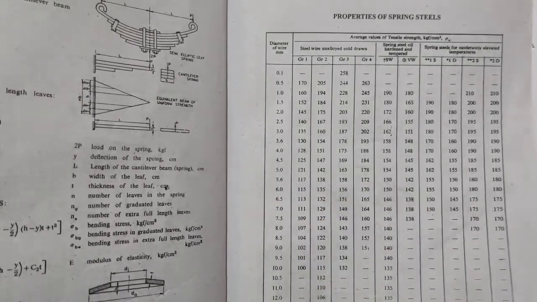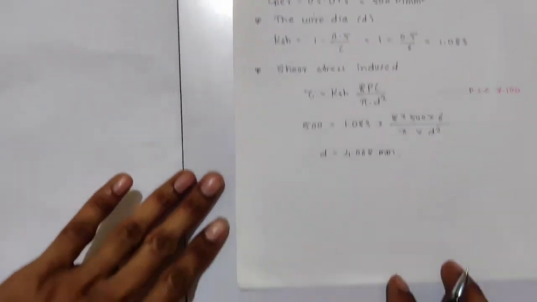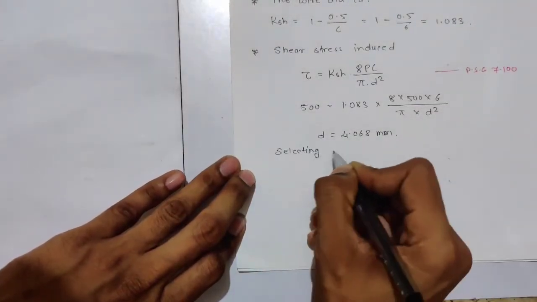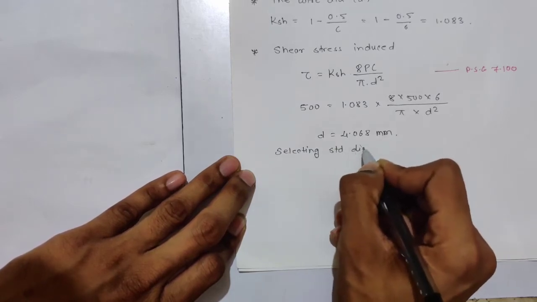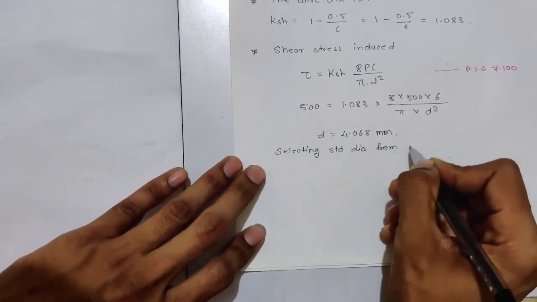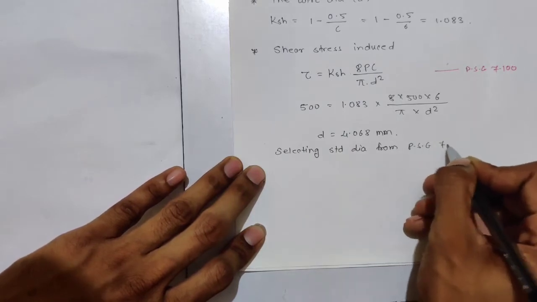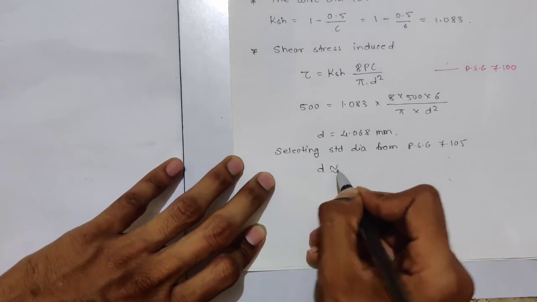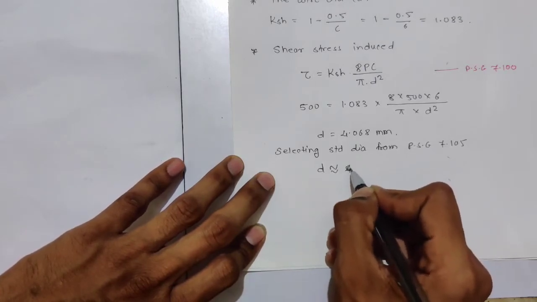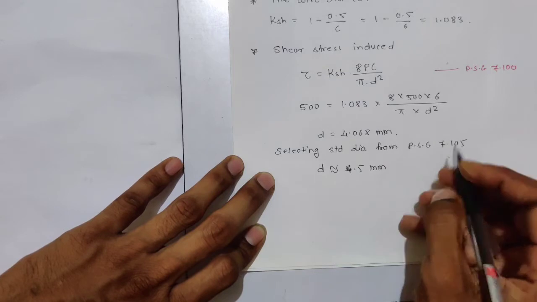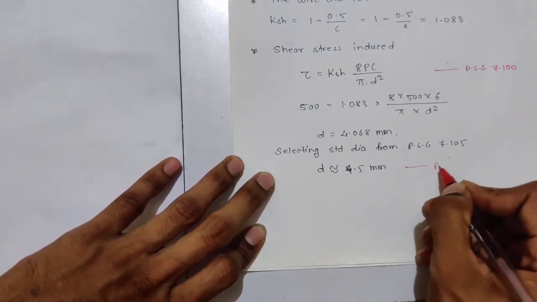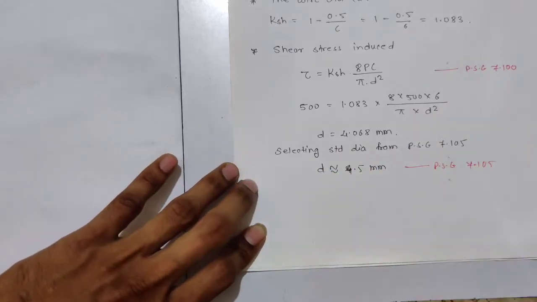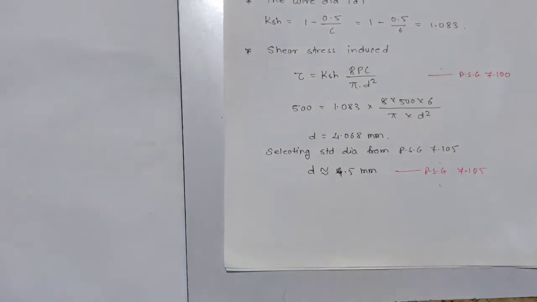Don't go for 4.0. The next value is 4.5. So, selecting standard dia from PSG 7.105, or you can directly write d is equal to 4.5 mm and PSG 7.105. You don't have to write this whole sentence. All right, now